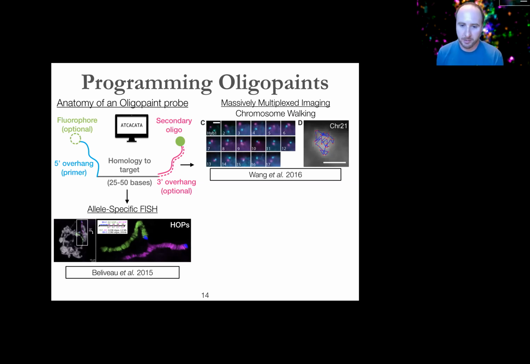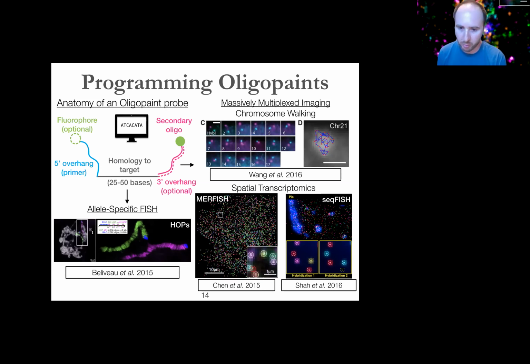And then I think a bit more relevant for this audience are these ideas of doing these massively multiplex serial imaging experiments, either the chromosome walking style experiment. So here's an example from Jiawei Zhang's lab doing that, or the spatial transcriptomics, which I think is probably the reason I'm being invited here, for this kind of stuff. And there's obviously a lot of exciting methods in the space. I'm just showing two of the earlier examples with the MERFISH and the seqFISH techniques.